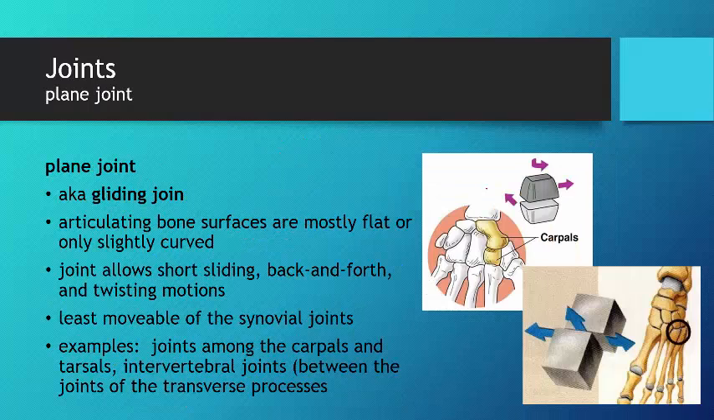The third joint that we're going to look at is the plane joint, also called gliding joints, because they are built of 2 relatively flat surfaces that glide over each other. So they allow these very short sliding back and forth and even some twisting motions. They're the least movable of the synovial joints, mostly because they're such short little movements that they can do, and because the flat surface doesn't allow any kind of